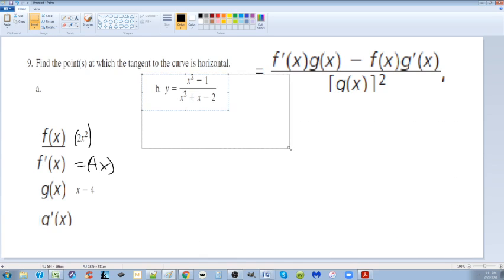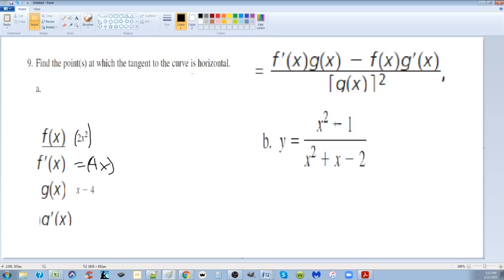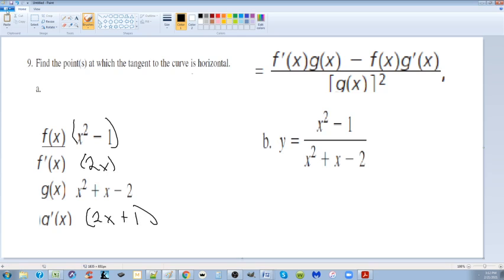What about this one? Okay, so this one, we do the same thing. We're going to assign this as f of x. We're going to assign this as g of x, a little bit smaller. And we've got to figure out the derivative of f of x. I'm going to put bracket, bracket. The derivative is 2x. We're going to figure out the derivative of this one, a little bit longer, 2x plus 1. And then we're going to go back, and we're going to keep a nice copy of this for later,